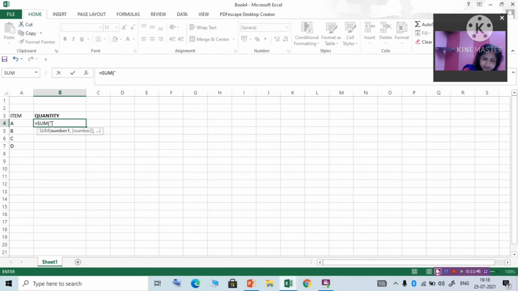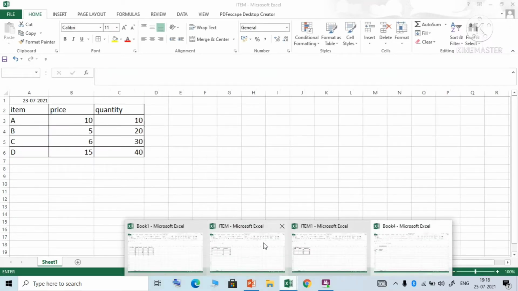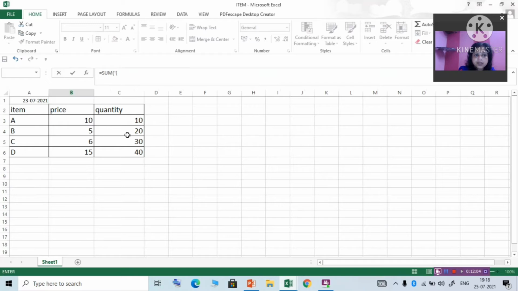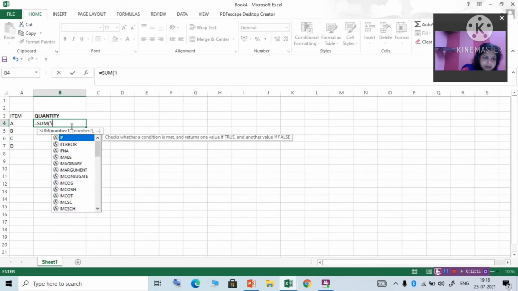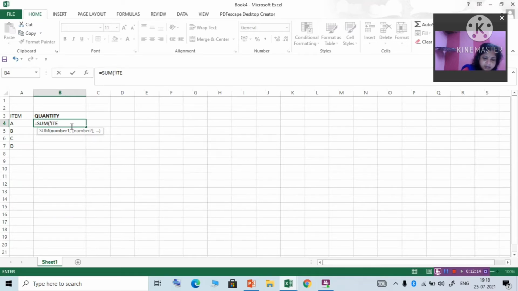Give an apostrophe, then a square bracket, then the workbook name. All the workbooks are open here. This is item, where I will take the data. In the third workbook, give the exact name, item.xlsx, with the extension.